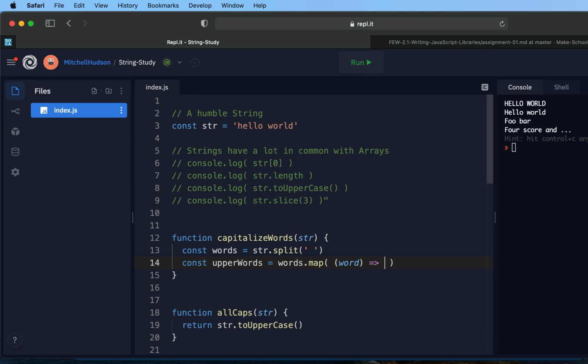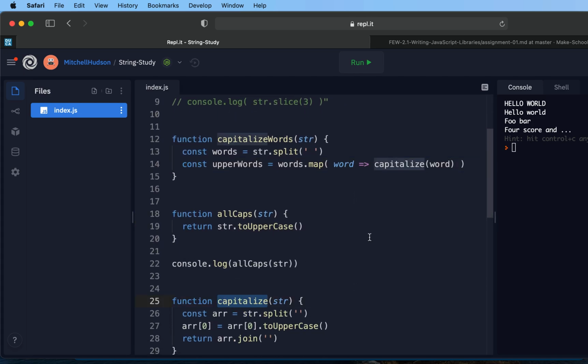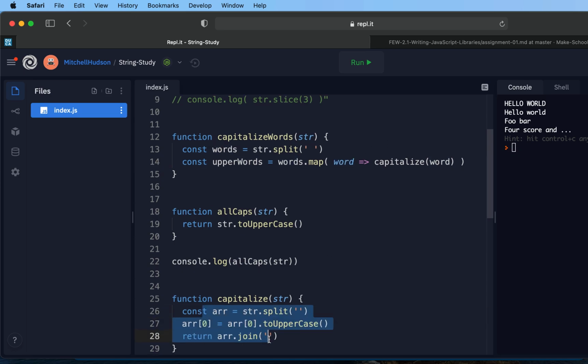So we can even shorten the syntax here. And actually, if you only have one parameter, you don't even need the parentheses. So I can just make this function look like this, right? So we're going to return the capitalized word. Right, so if we call capitalize and we pass a word in, then capitalize should do these things, return